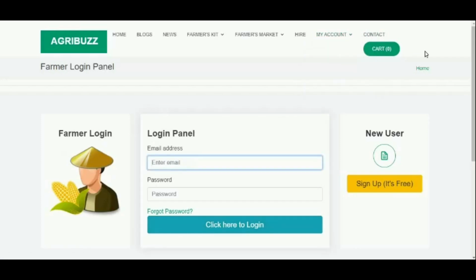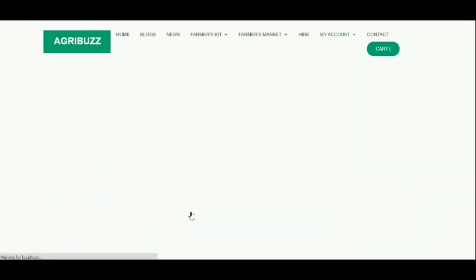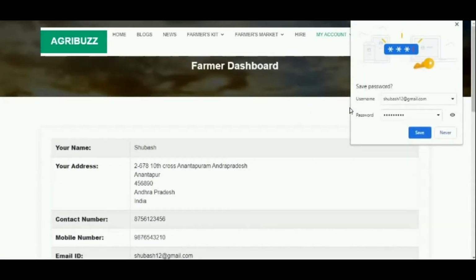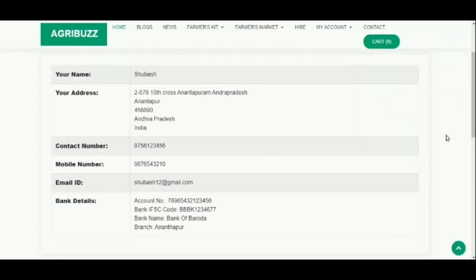Once the farmer registers successfully, they can log in by entering email ID and password. As the farmer logs in, farmer dashboard is available, which includes the details of the farmer.